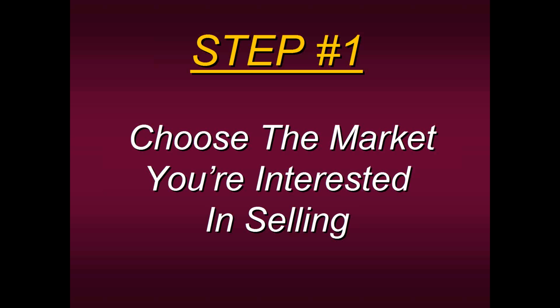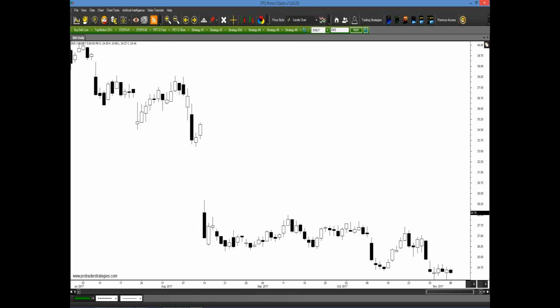All right. Step number 1, let's look at some more setups. Choose the market you're interested in selling. All right, once again, looking at Dick's Sporting Goods, DKS. In hindsight, gosh, sure, anyone would have loved to have sold this or gotten out of this, okay? But how could we have listened to the market rather than listening to some guy telling us that, well, we are so oversold here, you've got to buy it. We made a bounce at this oversold level, and then when we made the second bounce, it wasn't confirmed. So we have a divergence here, so you've got to buy on this next sell-off, and then look what happens, right? Sound familiar to anyone? It would have been much easier if you just listened to the market.